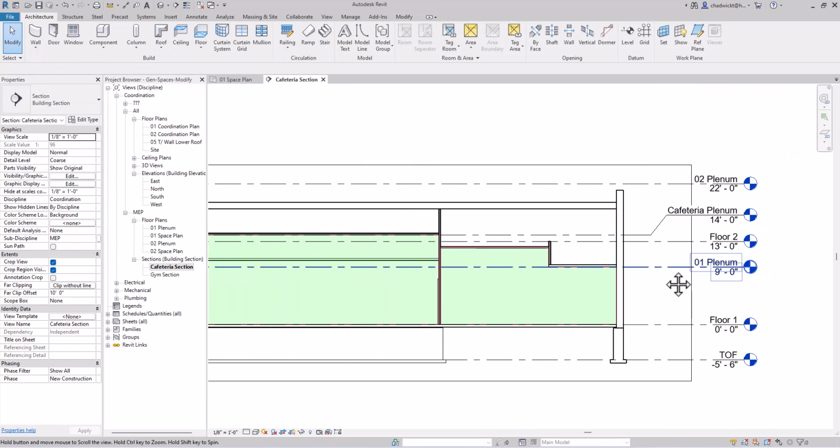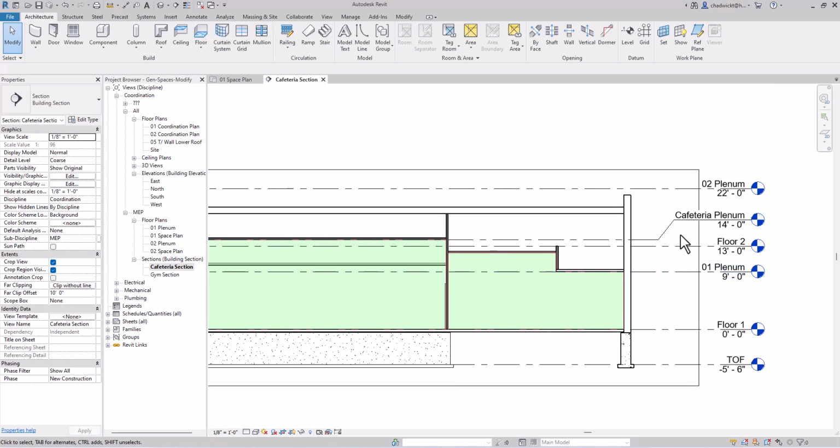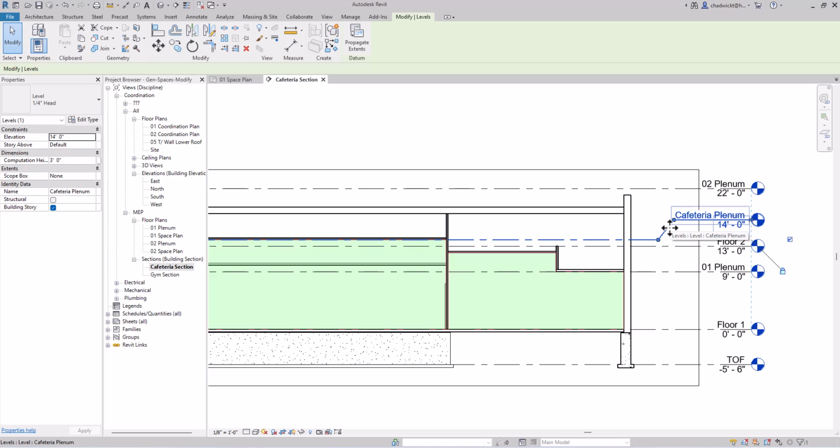So now we have this new level here. A plan view has been created associated with this level. One thing I should note as well, the exercise tells you to disable the building story. I did not do that in the creation mode, so I'll go ahead and do it after the fact here.